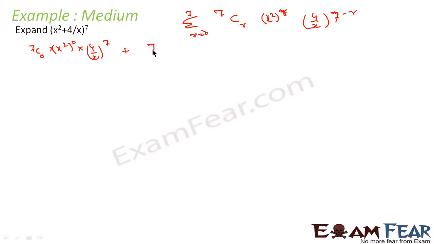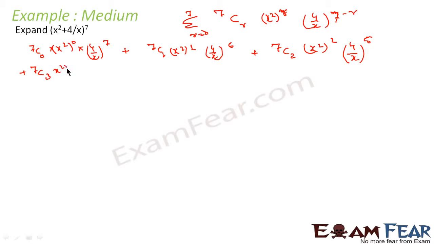Plus 7C1 (x squared)^1 (4/x)^6: we increase the power 0 to 1 and decrease the 7 by 1, so 7 minus 1 becomes 6. Plus now r is equal to 2: 7C2 (x squared)^2 because r is 2, into (4/x) to the power 7 minus 2, which is 5, plus